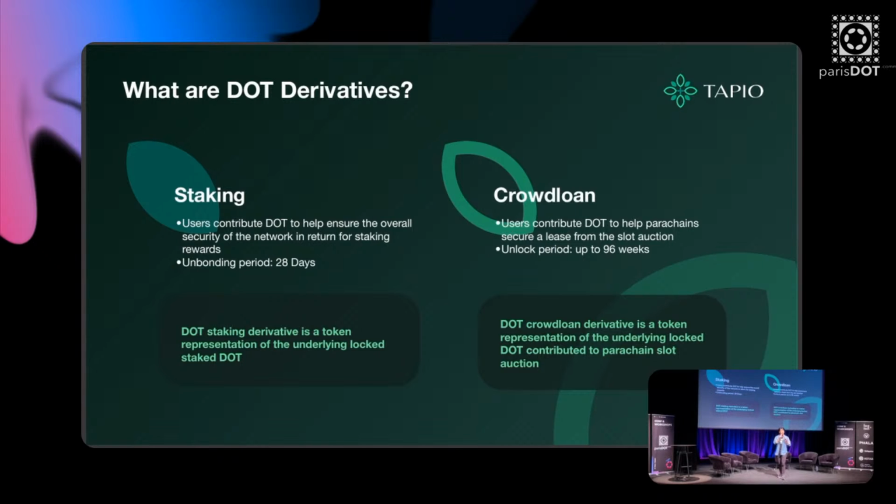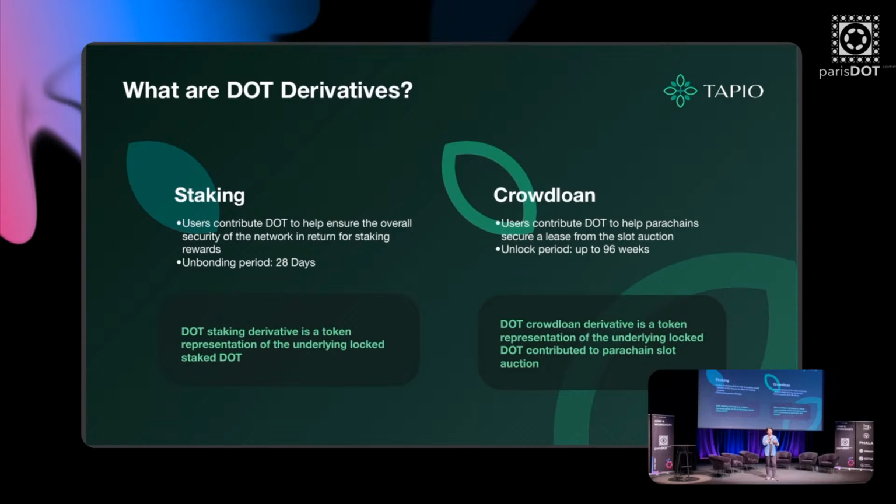For today's talk, I'm going to focus on the latter, which is the staking derivatives that get generated if you are currently providing DOT via any of these DeFi solutions by parachains. I also want to quickly explain the two primary use cases for the DOT asset right now. One obviously is staking, basically staking your DOT to help secure the relay chain. The second one is crowd loan, contributing your DOT to help a parachain secure a slot auction.